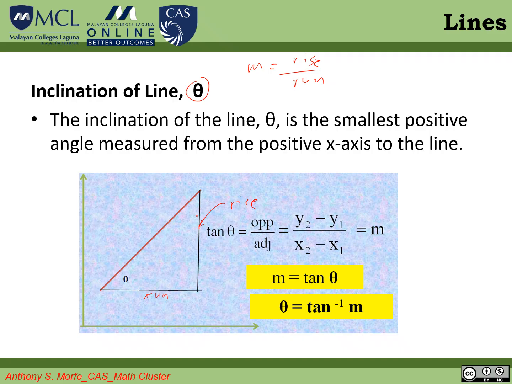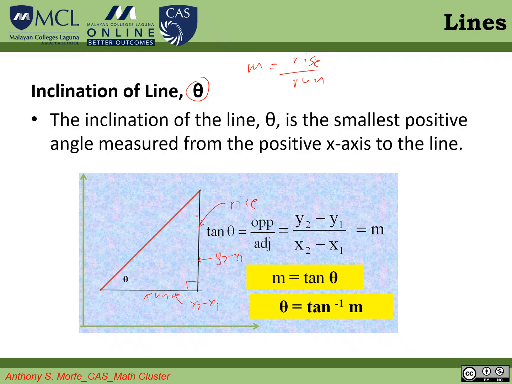Okay, so from the definition, slope is rise over run. So we know that in our revision last time, the rise, this line here, is just y sub 2 minus y sub 1, and this run, this side of the triangle, this is a right triangle, class, is x sub 2 minus x sub 1. You just look at the revision last time. How is it being done? And then we use these two formulas for this part of the discussion. When we talk about inclination of a line, we just use these two formulas.